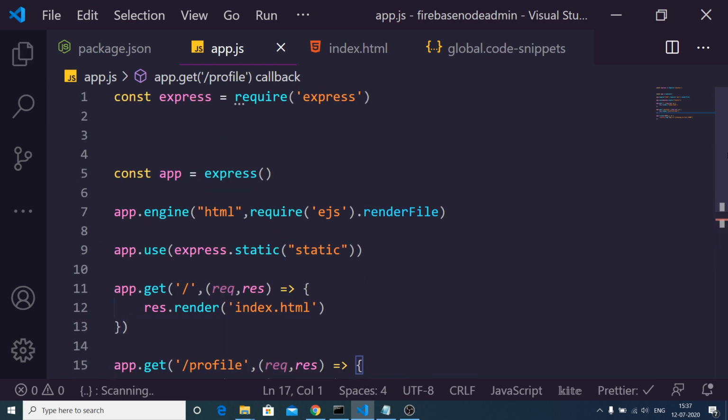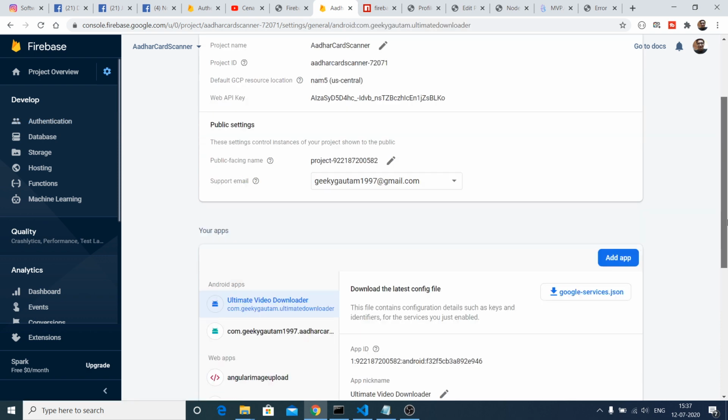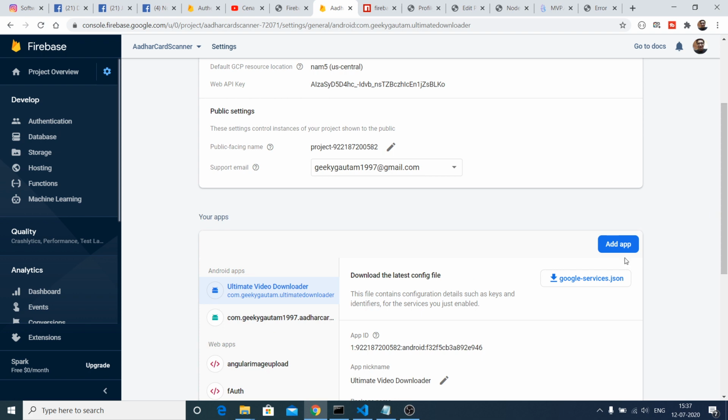And before making the profile page, we also need to implement the authentication part of Firebase. As I already told you, go to firebase.developers.google.com. This is a console. Just enable the sign in option of email password. After enabling it, go to the project settings, click this option, project settings, and here you need to add your own app.